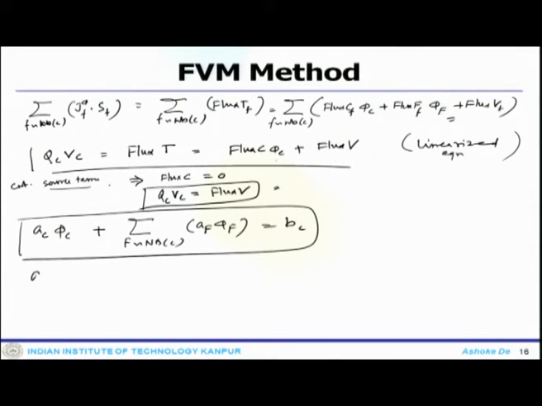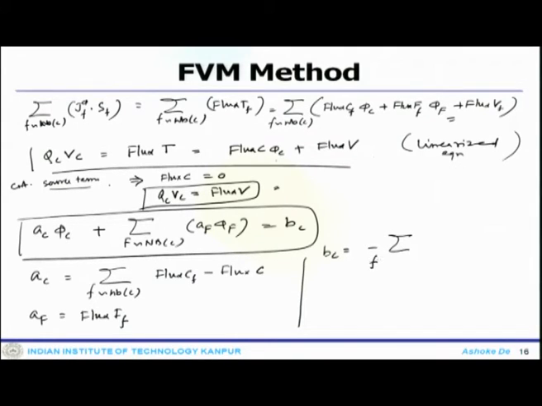And what does AC stand for here? AC is the summation of flux CF minus flux C, and AF would be flux FF, and so BC is nothing but the summation of